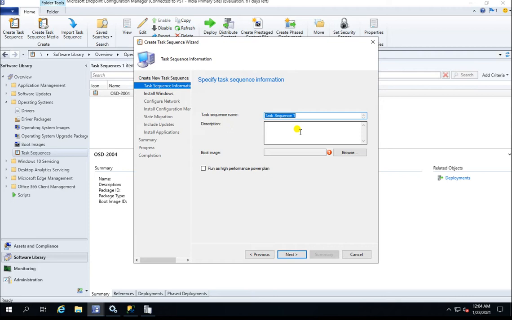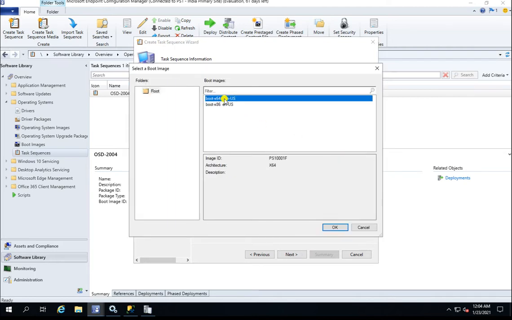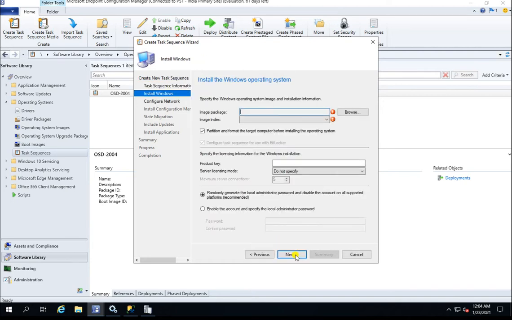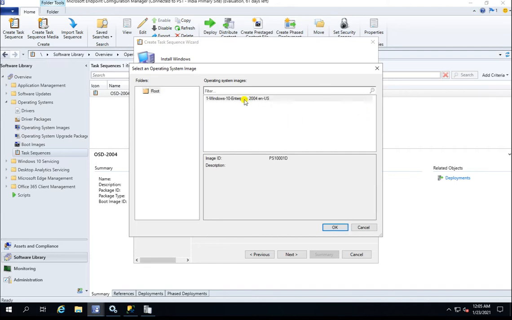Here you can assign the task sequence name, Windows 2004 deployment. Now here is the space to select the boot image. My Windows 2004 is 64-bit, that's why I am taking the 64-bit boot image. Click on next. Here we need to select the WIM file, and I have only the one WIM file.